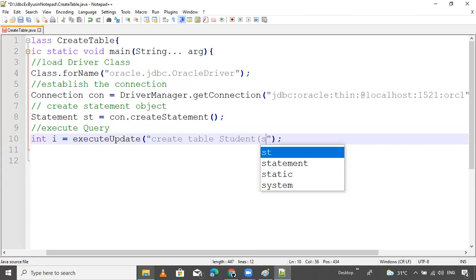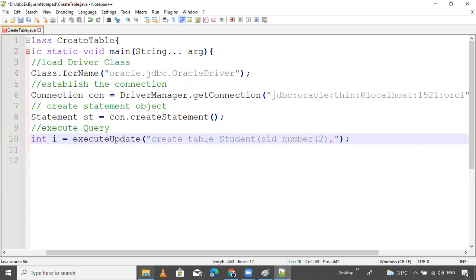So now SID, student ID, this is the number type, number two, you can insert up to two digits. SNAME, this is the student name, type is varchar2, size is 20.